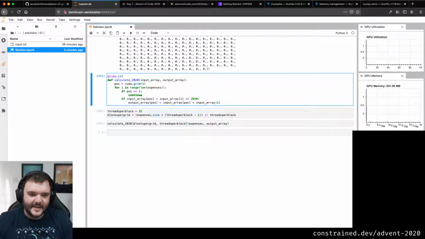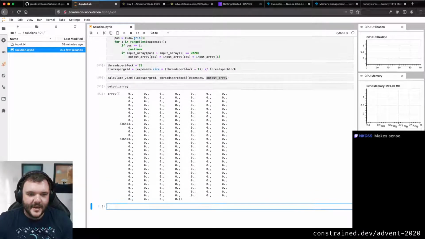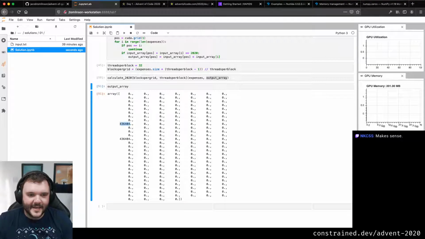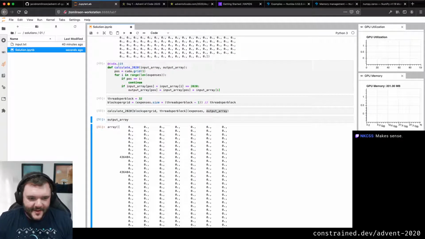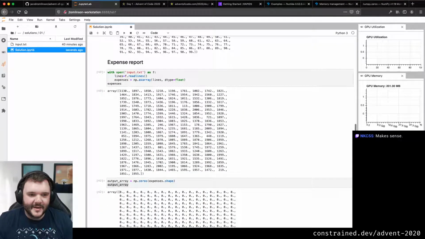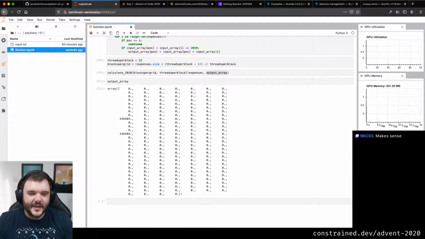So I've run this now. If I have a look at my output array, hooray, I now have all of these things as still zeros except this one and this one, which is because the two numbers are added to each other. I can't remember what position that was now, but that number plus that number is also the same as that number plus that number. So both of these come out with the answer. What I could now do is collapse this down to a single value.